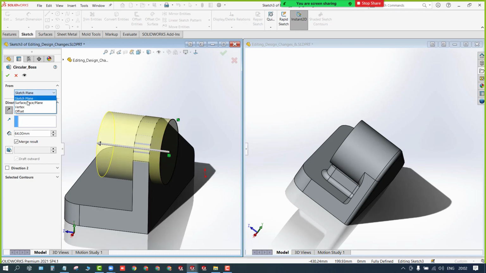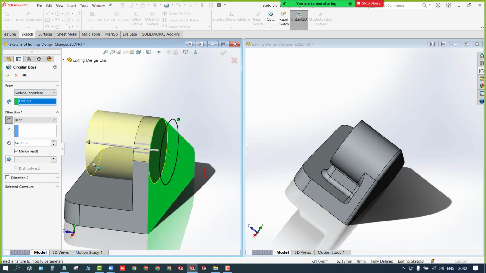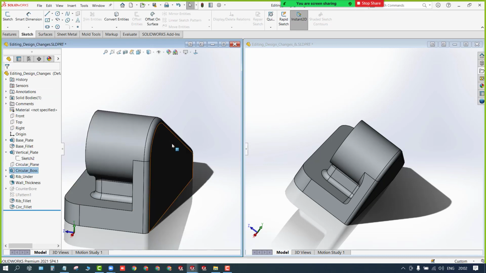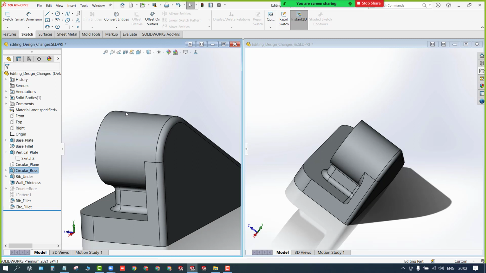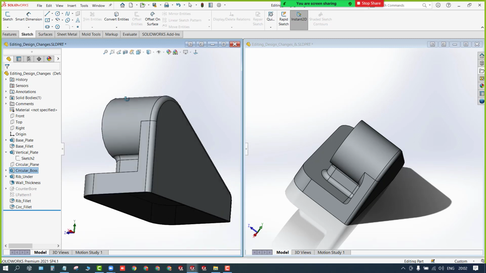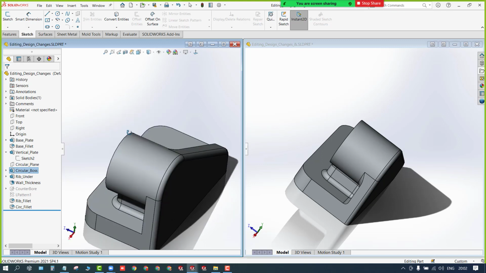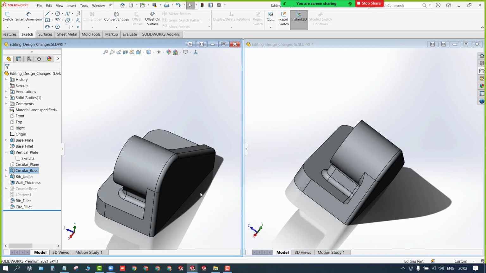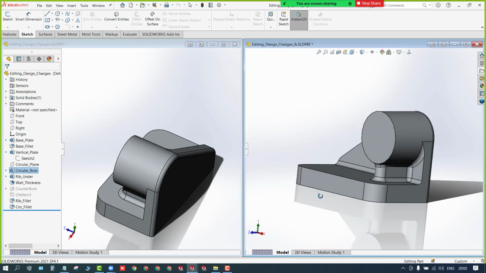You can use this from here, change face from there, automatically it will take this. Clear? Got it now? If you aren't, you can stop me and ask, otherwise you can re-refer the video.